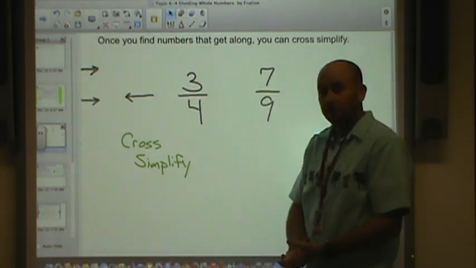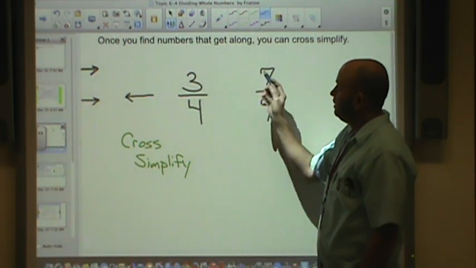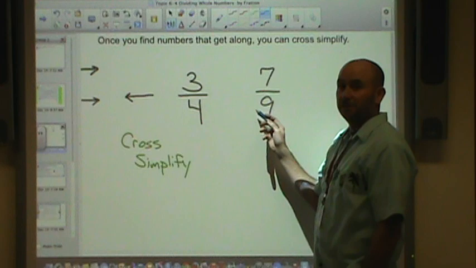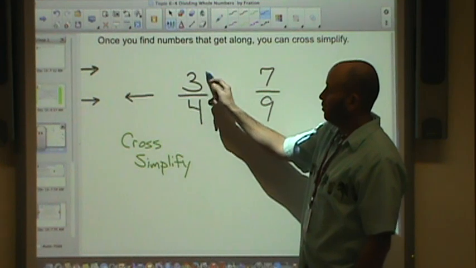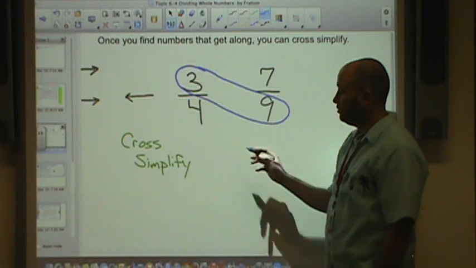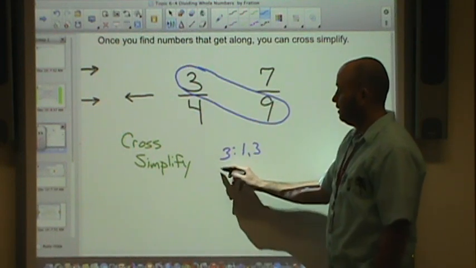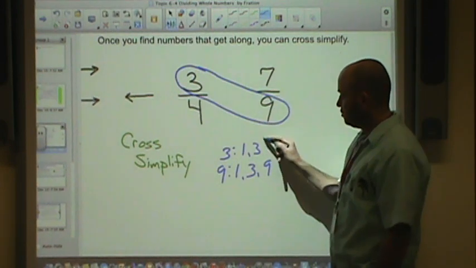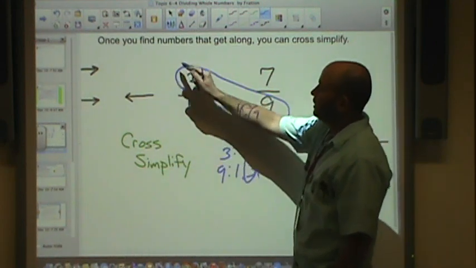Okay, well, first thing you've probably noticed is that you have 4 and 7. They don't really get along, do they? But 3 and 9 definitely get along, don't they? So what you could say is that these two can be simplified by using 3. The factors of 3 are 1 and 3, the factors of 9 are 1, 3, and 9, the GCF is 3, so we ask ourselves, 3